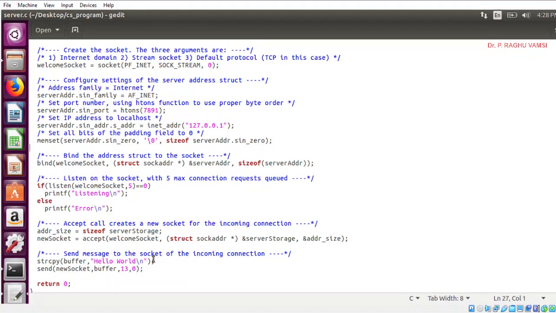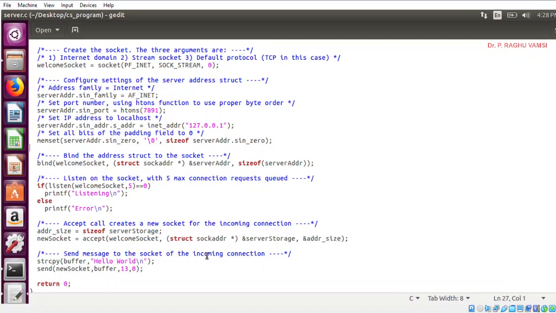Whenever the request comes from the client, the server needs to accept the connection. To create the socket, we require the size of the socket, so the server storage address_size will be allotted to this welcome socket.